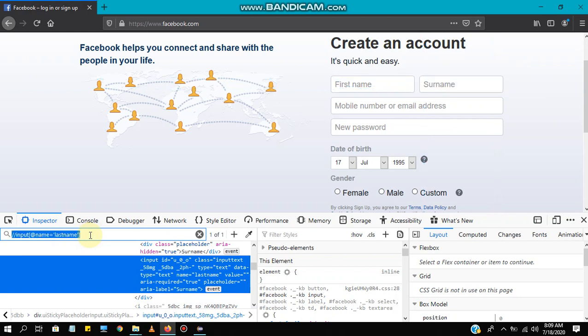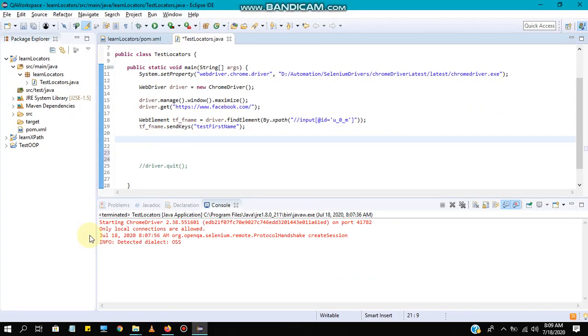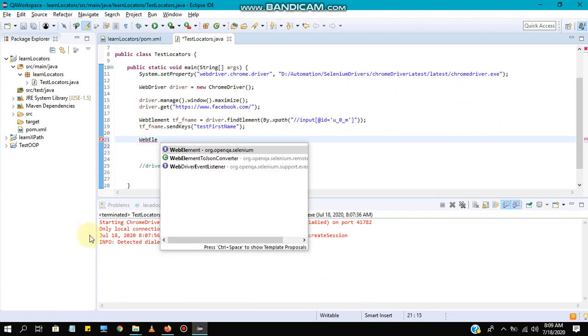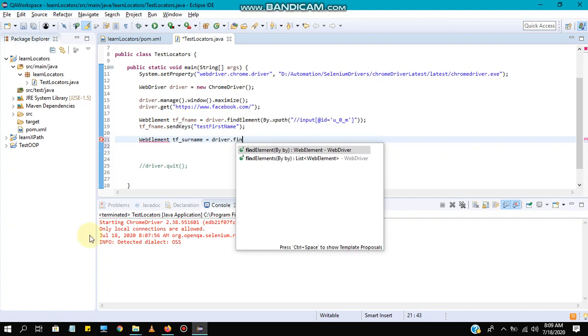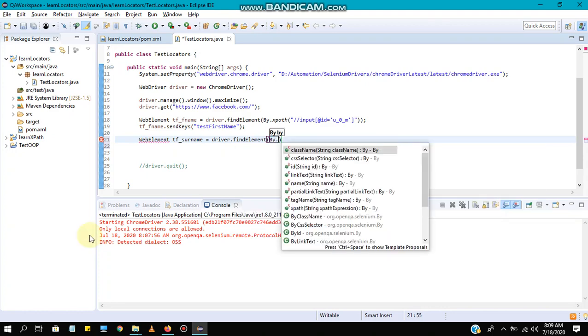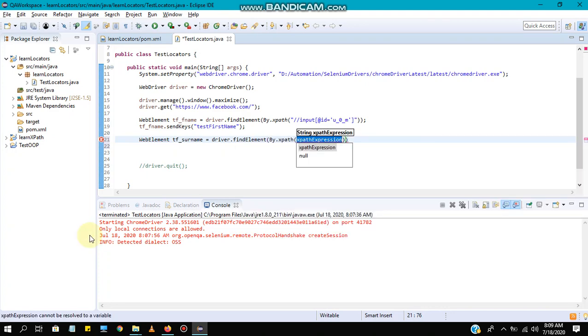Just copy this, go to Eclipse, and add the same set of code here as well. tf underscore surname equals driver dot find element by XPath. Select the XPath locator, and inside the double quotes pass this XPath value.